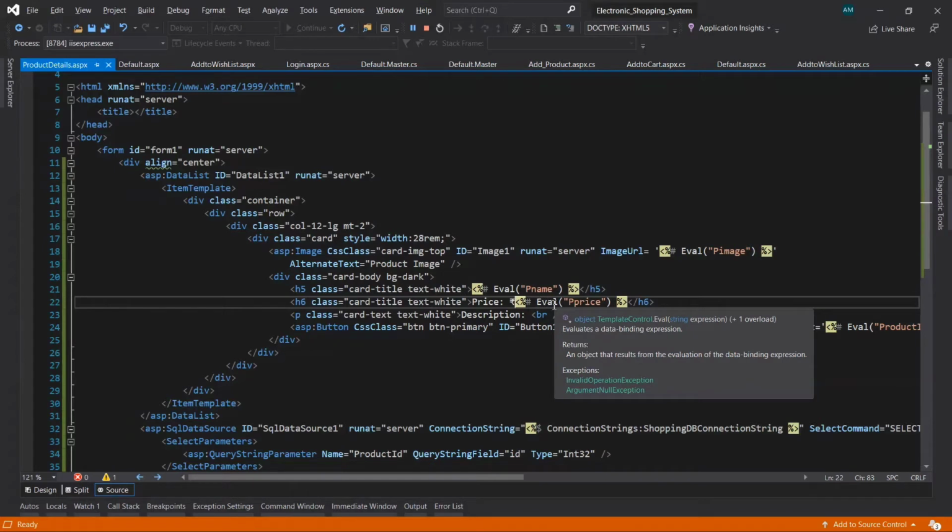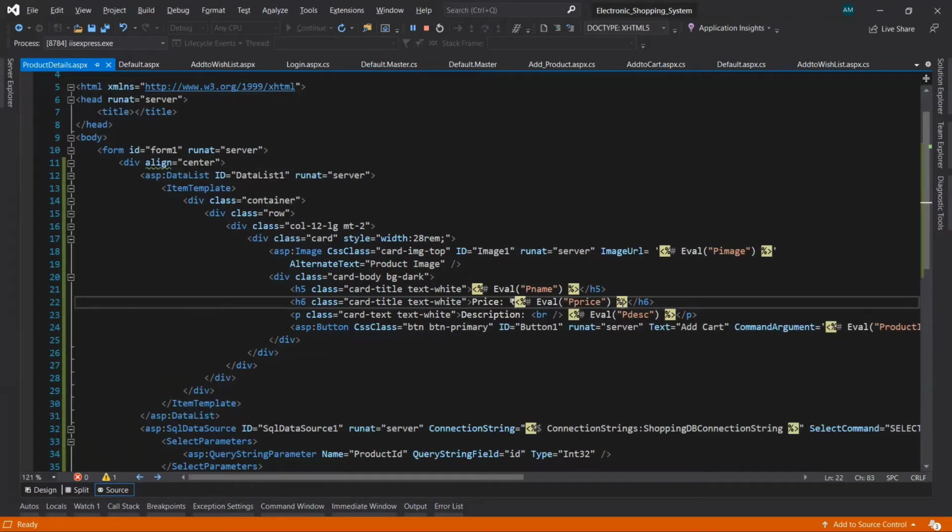What value or price should be displayed for the particular product will be bound from the database. After that I've taken a p tag, a paragraph control, with the bootstrap class card-text, and it should be white color.